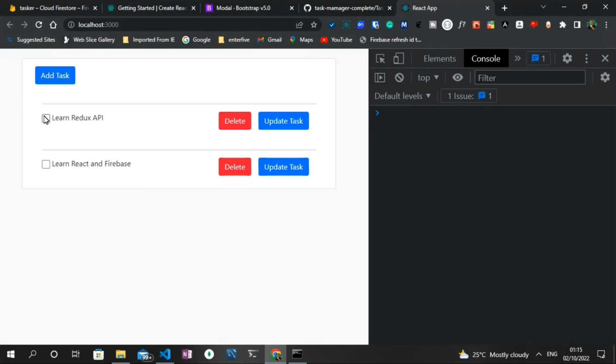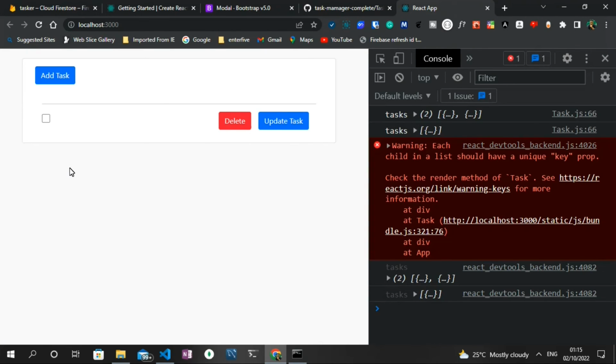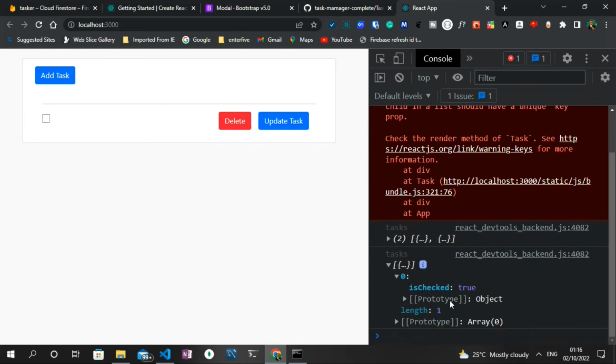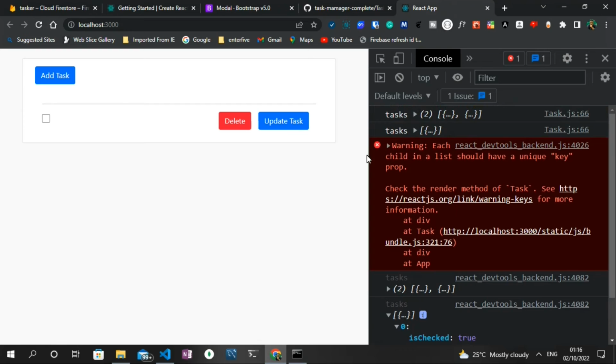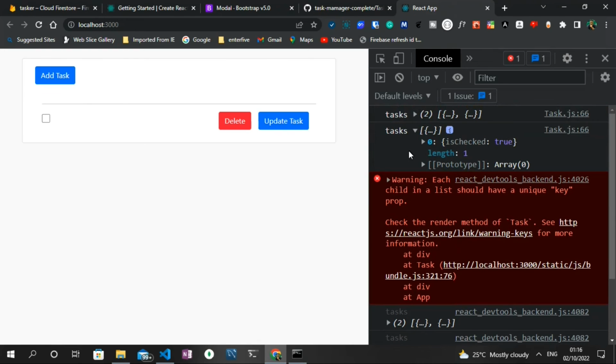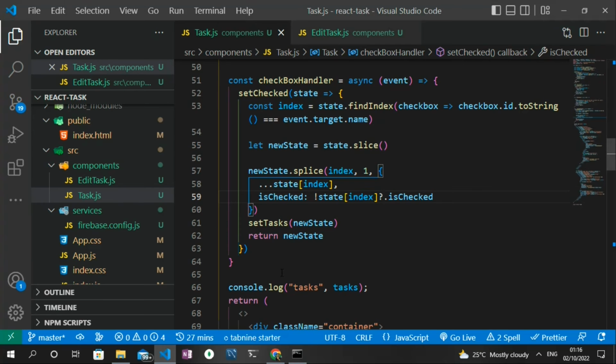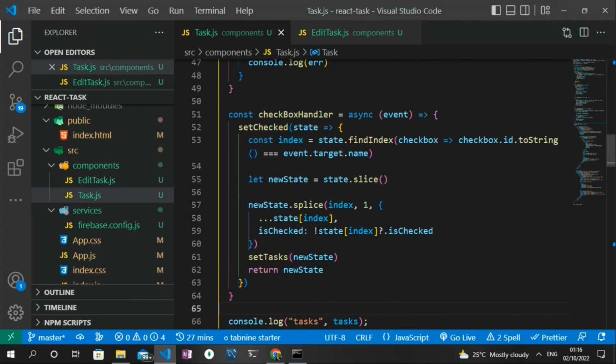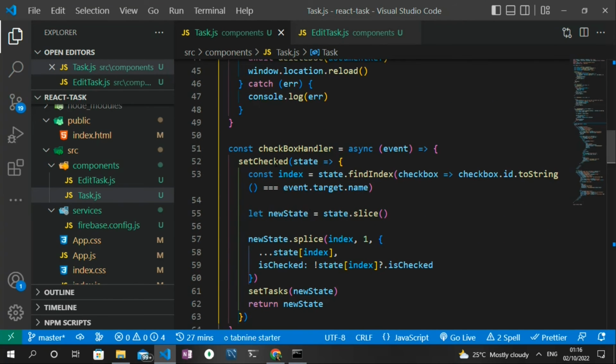So I'm going to click on the first checkbox. Our data has disappeared, and it only returns the checkbox we have here, and it says true, but we no longer have data on the page. So there's an issue somewhere. Yeah, I think there's an issue somewhere. We need to investigate that. Okay, I think I know what's going on. The set checked setter we have here doesn't contain any data, so we need to pass in the data when